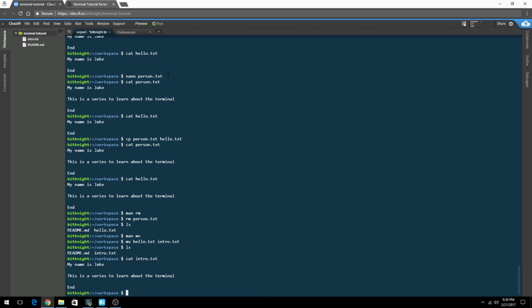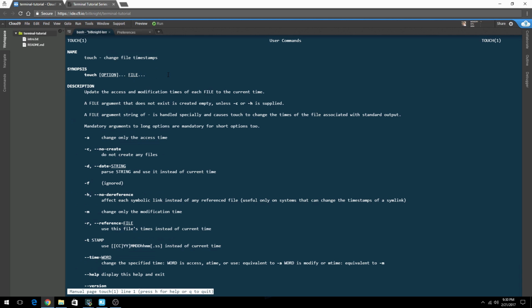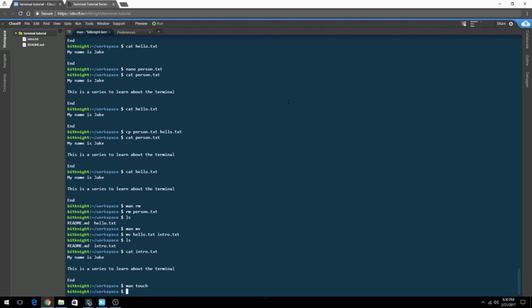And I just wanted to talk about why I didn't cover the man page on touch. I will bring it up here. The description of it is not the most helpful, saying touch: change file timestamps. The line we're going to look at here is just saying a file argument, so they're talking about this argument up here, that does not exist is created empty unless one of these two flags is provided. So if we hit Q,